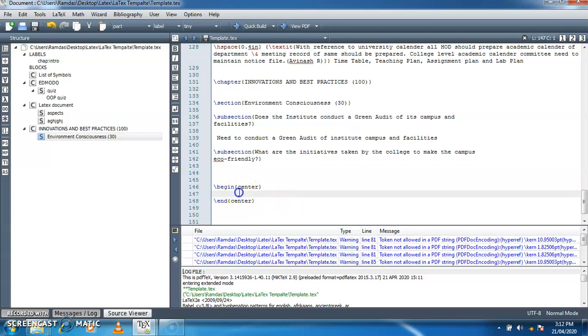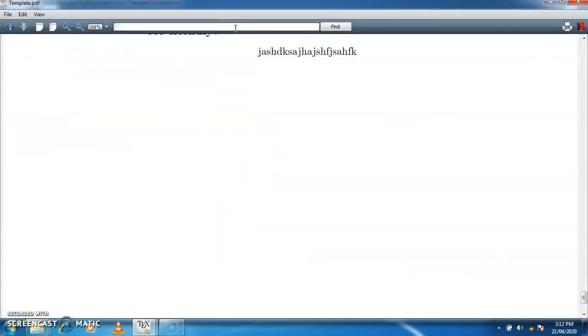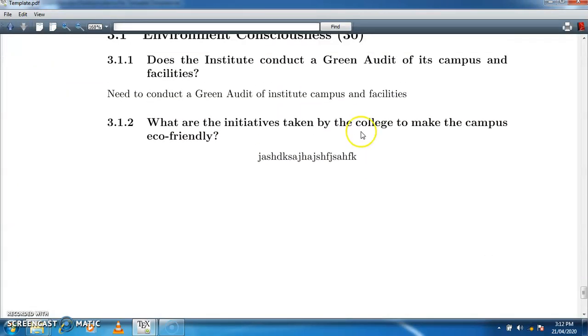Now whatever text I write between these two lines will be centrally aligned. So you can see that yes, it is now aligned centrally.